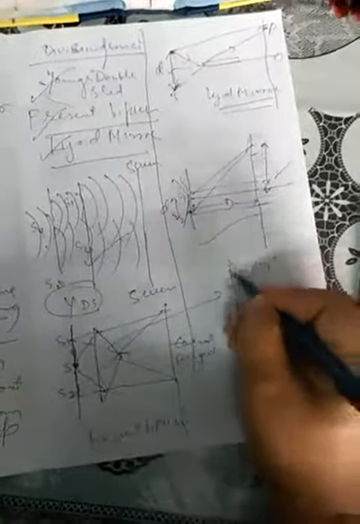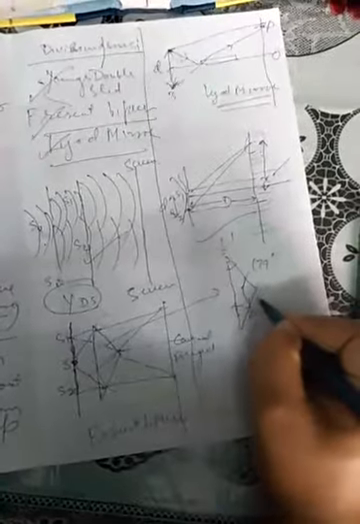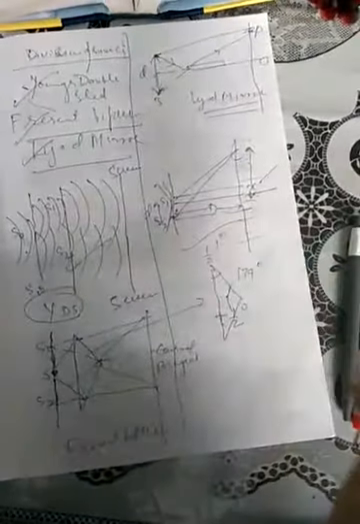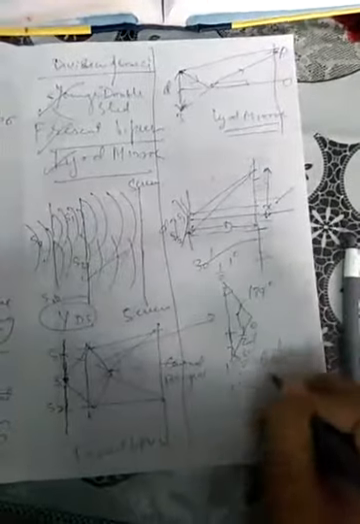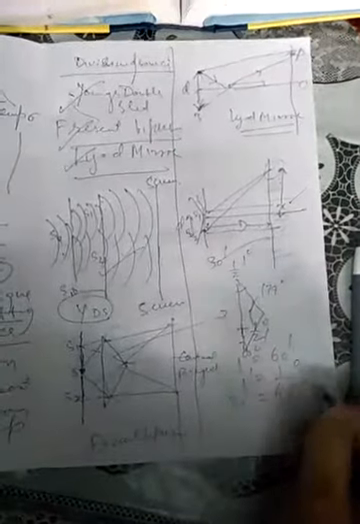179-degree angle of this one. This is half a minute, and this is half a degree. One total angle is 180 degrees, so half a degree means 30 minutes, because 1 degree is equal to 60 minutes. So 1 minute is equal to 1 by 60 degree, and 30 minutes will be equal to 30 by 60, that means half a degree. So that is a very small angle, which is going to be there in the prisms.